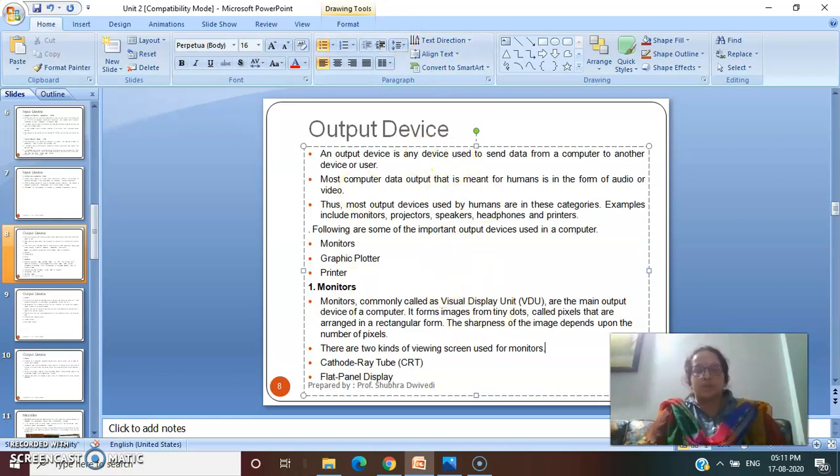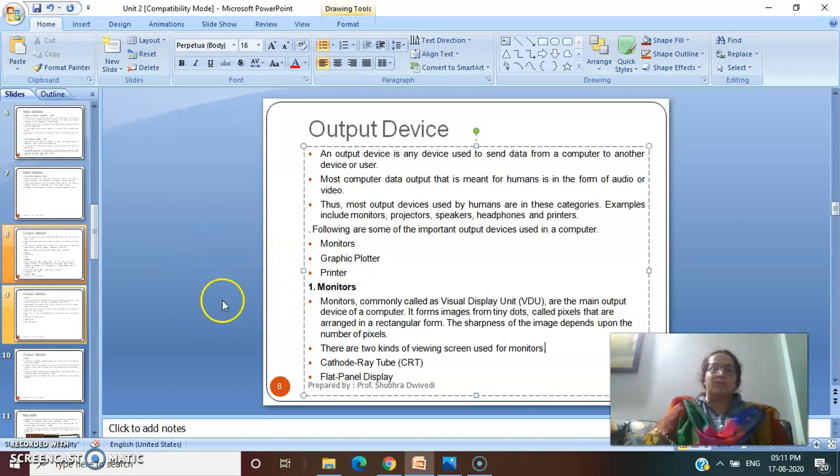Suppose I have taken 100 on the x axis, so 0 will be from here, and 100 will be somewhere like this. So this is 100. On the y axis suppose I took 200, so y axis 200 will be somewhere over here. In between, whatever radius I take, x 100, y 200, that pixel will point over here. Starting from that, suppose I have taken the radius as 20. So my circle will be drawn of radius 20. That particular circle that is drawn is drawn by combining small dots. Those small dots are known as pixels.